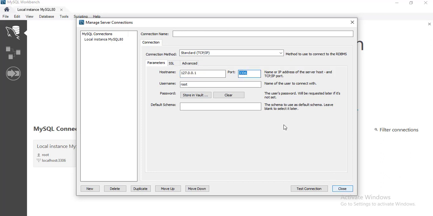You can either use localhost and port 3306, or give the host name or IP address of the host and port.